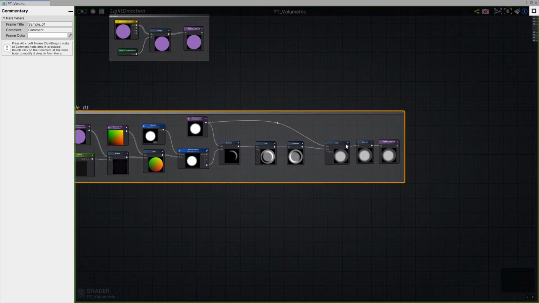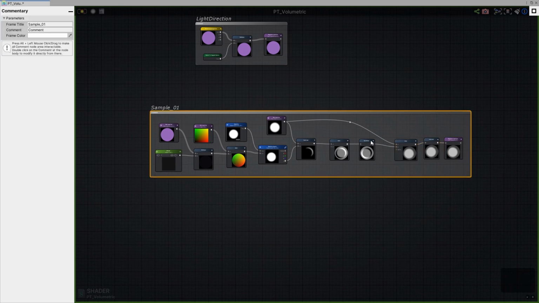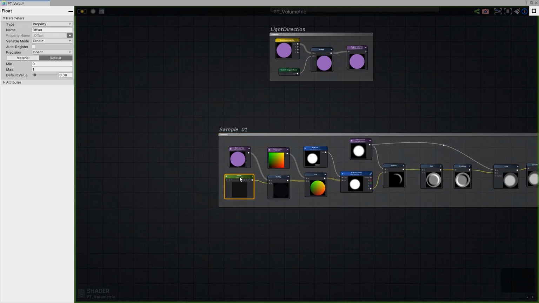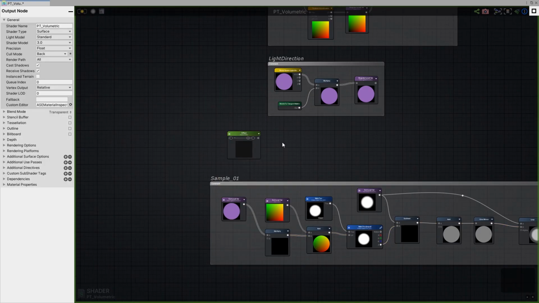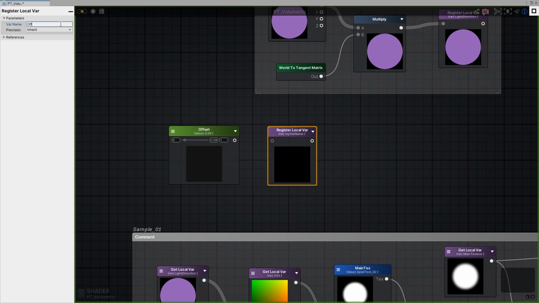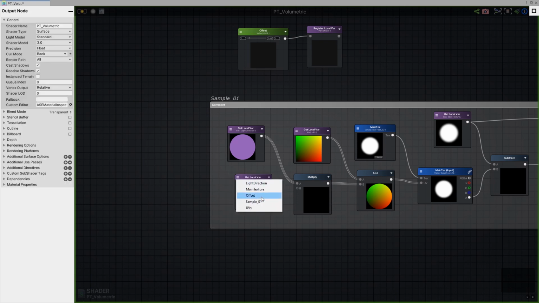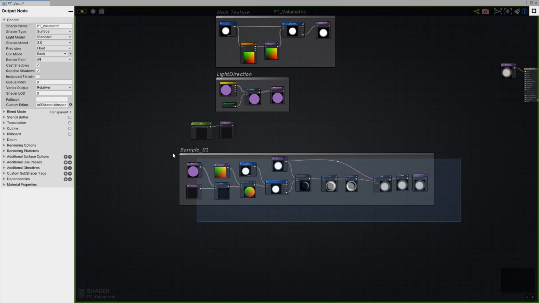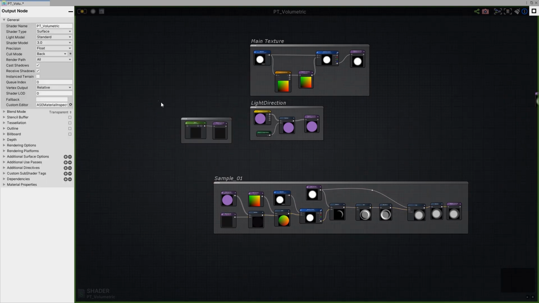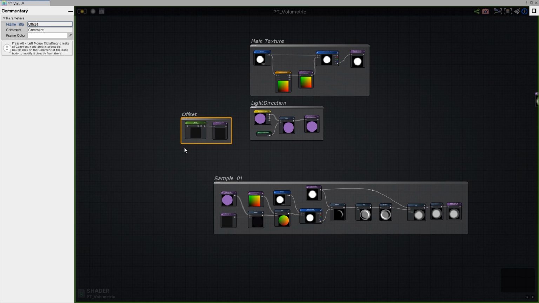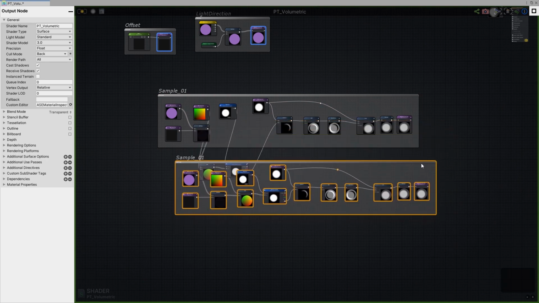And now let's come up here, and we want to basically introduce more of these so that we have a certain number of steps, basically, so it's overlapping each other. And we're going to first turn this offset into a register. So let's get rid of him, come up here, get a register node, and we'll just call this offset, and then get offset. Okay, so now our samples are pretty standalone. We can copy paste them and control their values elsewhere. So if you wanted, you could even comment that and just call it offset, just so you know. Yeah, so let's start by,